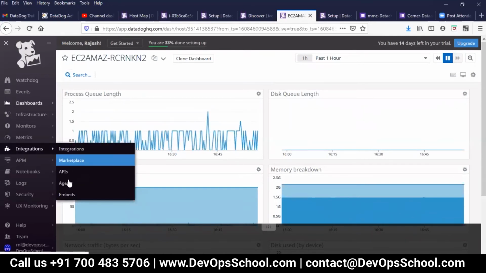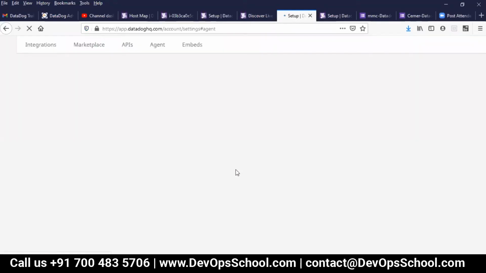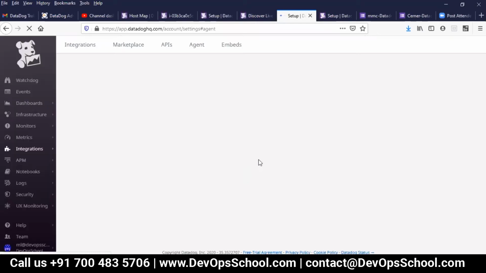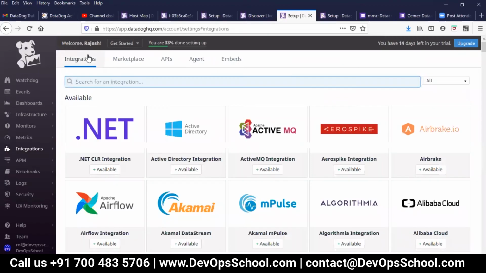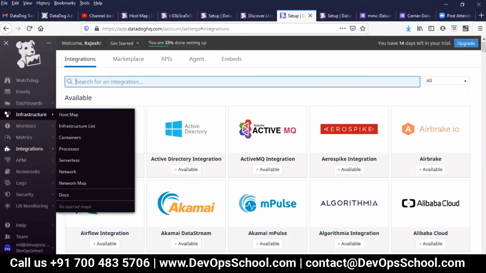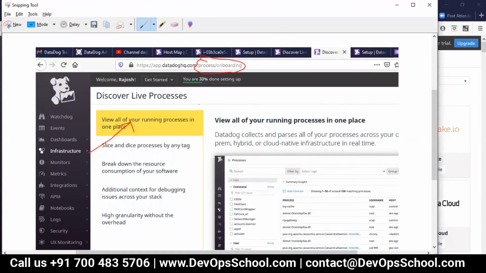Go to the integration, go to the agent. The site is very slow. Integration. No. Okay. So anyways, this window should take you to the place where there's no process available.